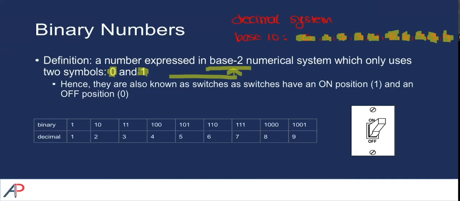Which presents another challenge. You are used to counting up to 10 and then going to 11, 12, 13. So how can you represent... 0 would obviously be 0, I guess. 0 is the same thing as 0, regardless of whether you're in the decimal system or in the binary system. 1 could easily be 1 in either system, but how would you represent 2 in the binary system when the number 2 doesn't exist in the binary system, because you can only use 0 and 1? That's the challenge that we are going to have to face, and that I'm going to try to train you guys to overcome